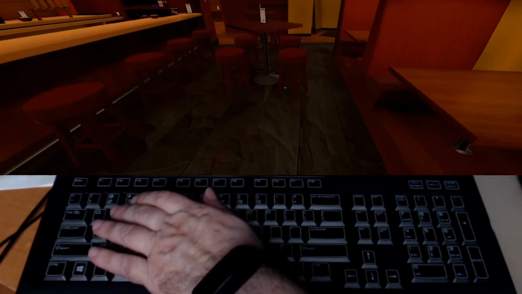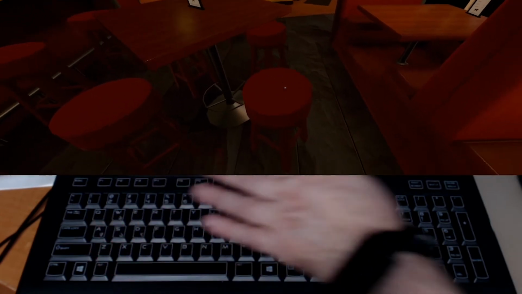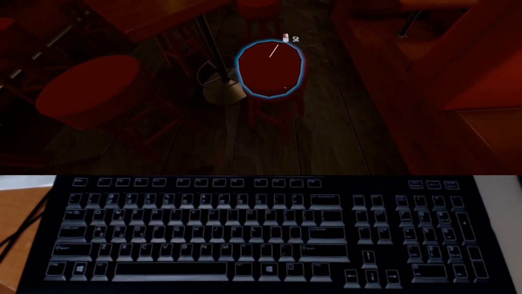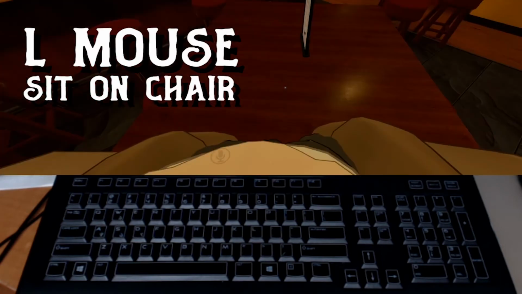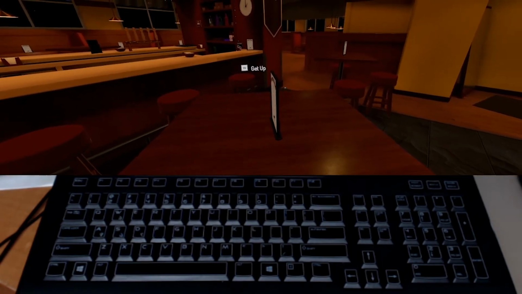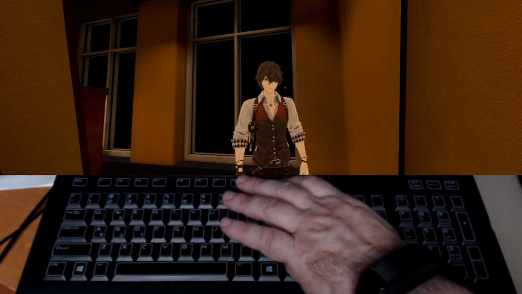And again, we can sit down at a bar stool. We point at that. It says sit. We click on it, and we're sitting at the table. Let's cover another menu setting,